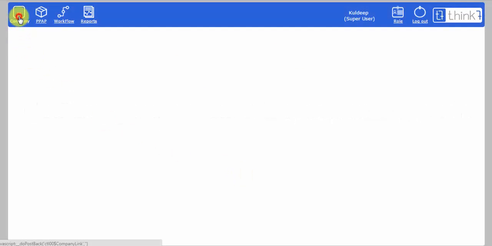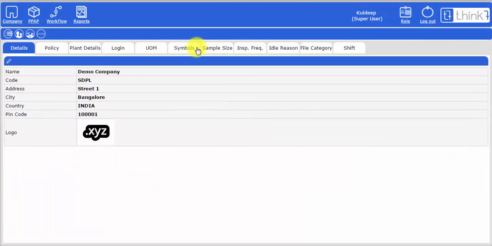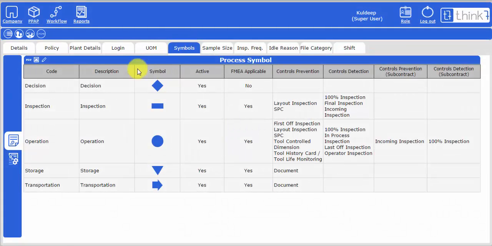We have now extended the list of control prevention and detection methods available on the FMEA and control plan.